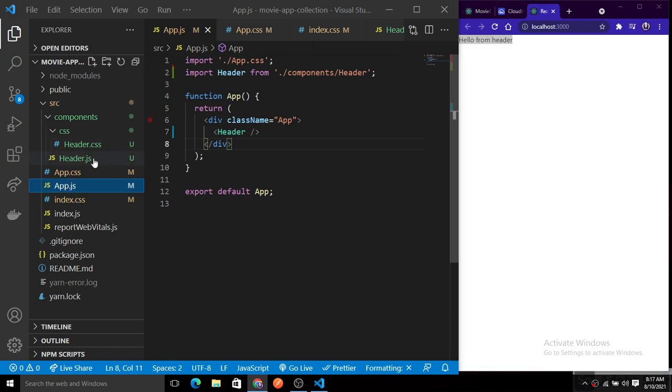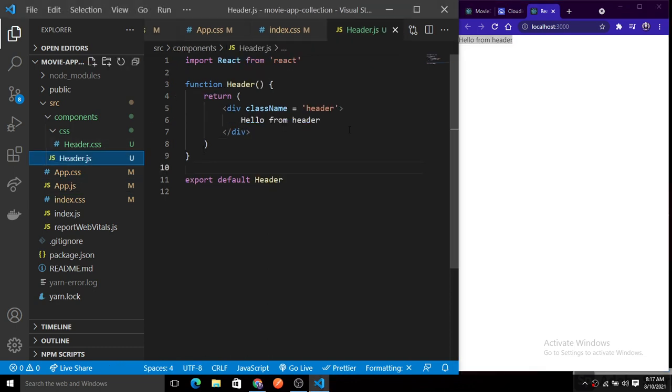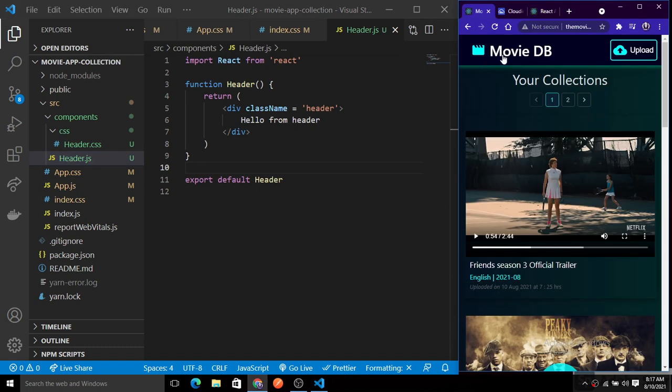Now let's add the real coding for the header section, because we need exactly this kind of header. Basically what I will do is bifurcate or fragment this whole page into basic components and build each and every component one by one. This is the initial approach all React developers take. Now you can see we have an h1 tag, then a movie icon, then we have a button, and then a cloud icon. These are the things that we get simply from the Material UI icons.